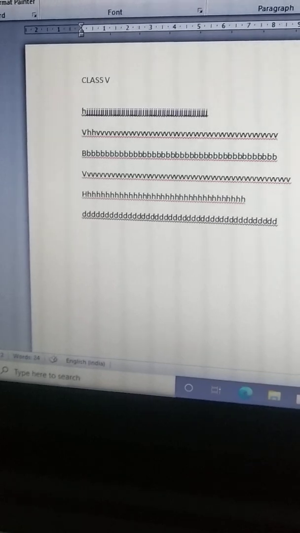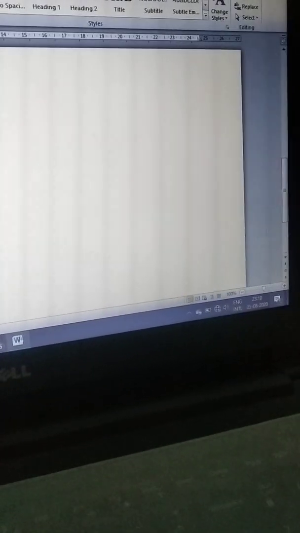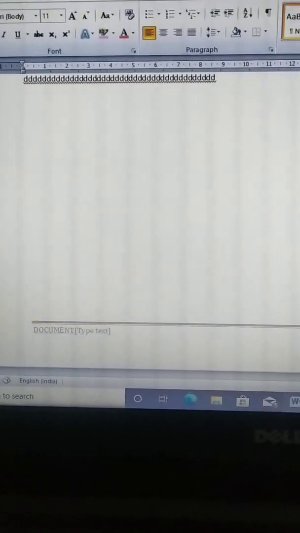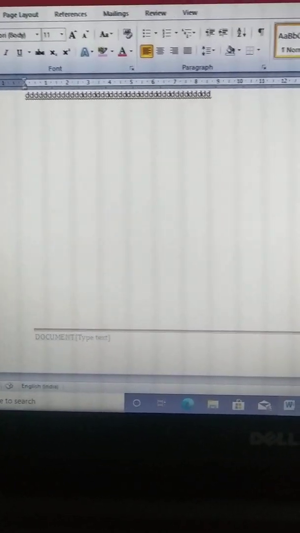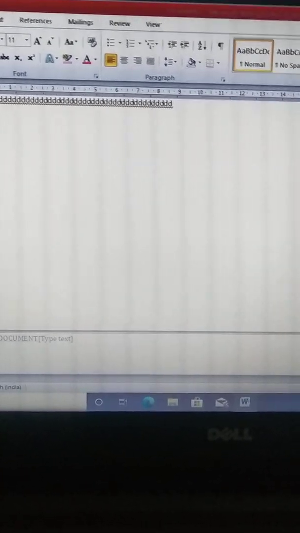This is the next page, and here also the header appears, and you can also see the footer. See, this footer appears on the second page also. So this is the use of header and footer. When you are in the document area, the header and footer appear dim. Okay, children.